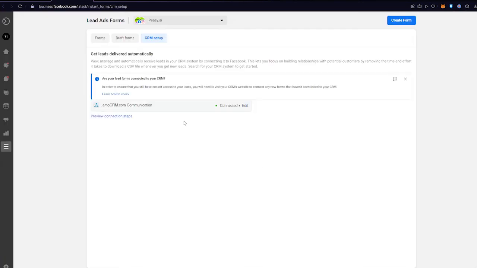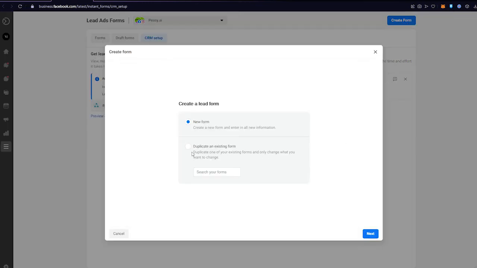As you can see right here, my page itself has already been connected to a new lead form. In order to connect an existing lead form for your pages or maybe for your business manager, just click on create form right here and click on duplicate an existing form. All you need to do is type your lead form. As you can see, there are a lot of options for my lead forms, and I'll just have to click on one of them. So let's say I click this and I just click next,